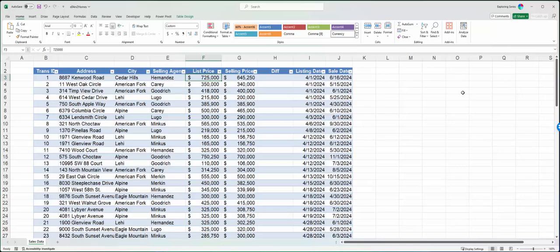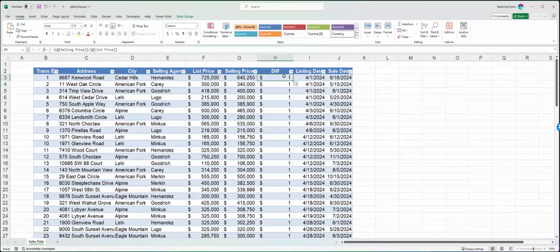So in this particular case, they asked $725,000, but they received $645,250. So it was less than the selling price. So you know what we could do? We could look at percentage-wise what they asked for versus what they got. So I could just simply take the $645,250 and divide that by the $725,000, and it's going to